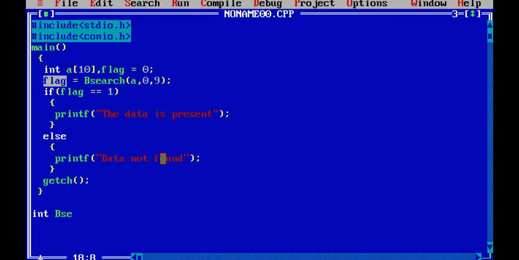Int, then b search, and since I have 3 parameters over there, one is an array, int a, and int low l, and int u, it's representing this search space. Now see what I will do.